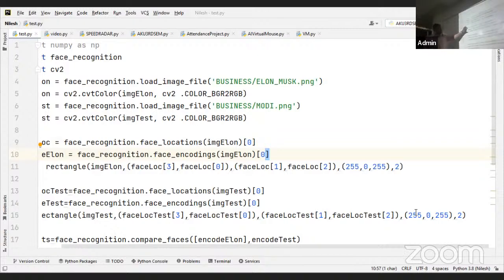Clear? So now see, we have done this. We have got the location. We have drawn the rectangle on that face so that we can see that the algorithm has successfully detected the face or not. Clear? अब face से जहाँ किया था वही rectangle draw होगा ना, क्योंकि हम उसी location को use कर रहे हैं rectangle के लिए. Clear है? Now see what is the use of this. इसके help से हमने rectangle draw कर दिया. Clear है? So now we will use